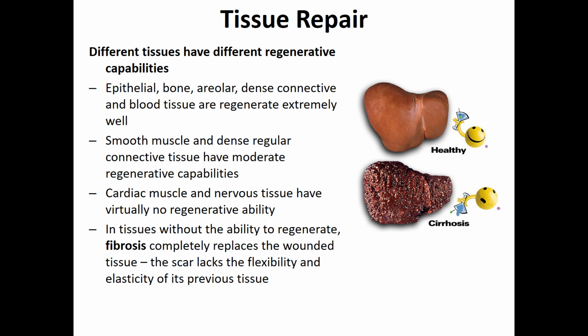Again, with those tissues that can't regenerate, you still see healing and repair take place, but instead of replacing damaged tissue with the original functional form, you have complete fibrosis. This is one reason that an individual who has multiple small heart attacks can end up with a much larger heart attack later on, because following each heart attack that's small, they end up with fibrosis filling in those damaged regions. And the more fibrosis you see around the heart, the more likely you are to have a fatal cardiac